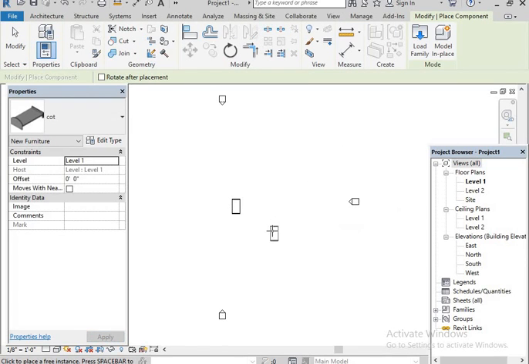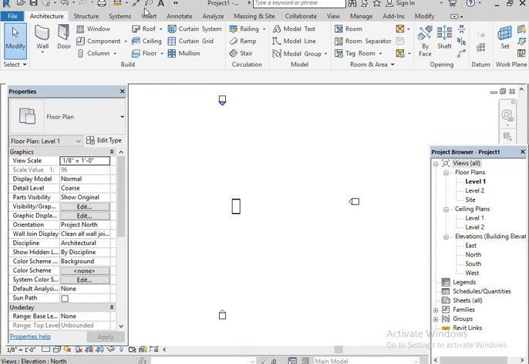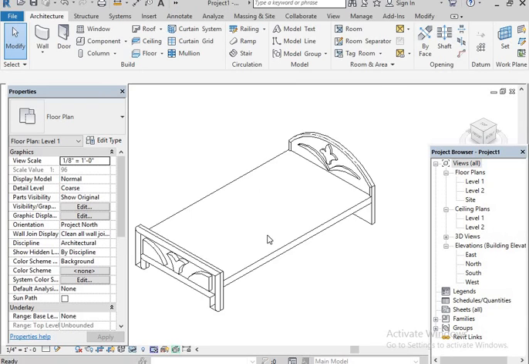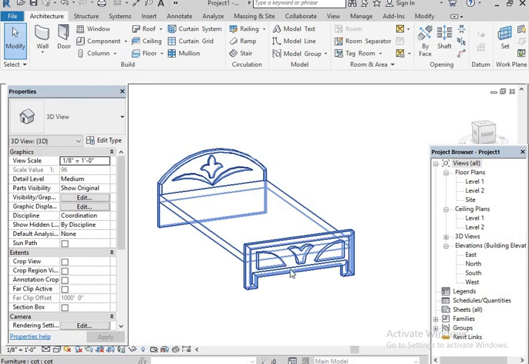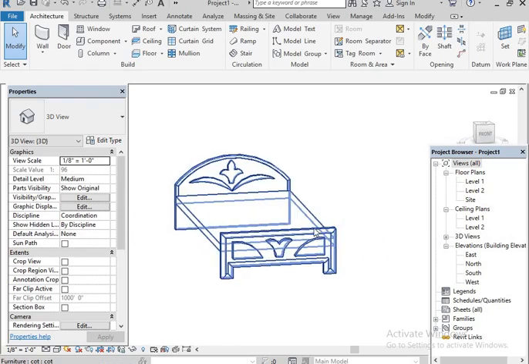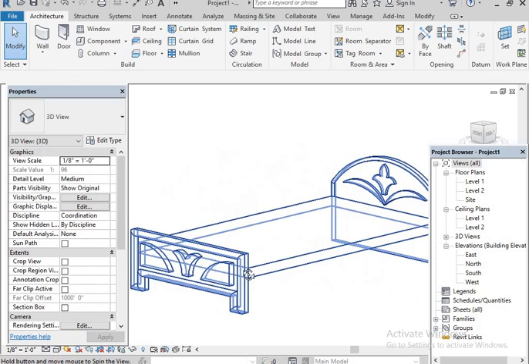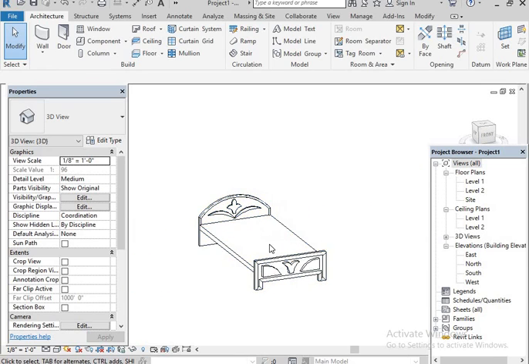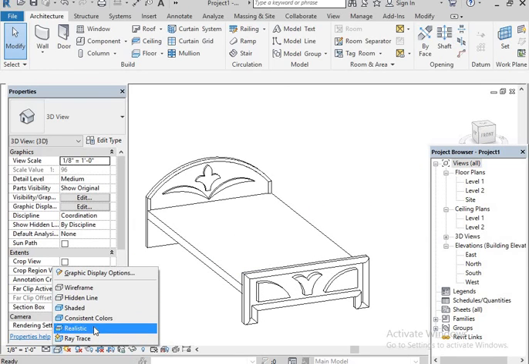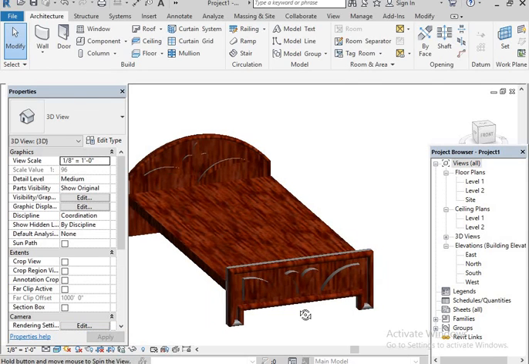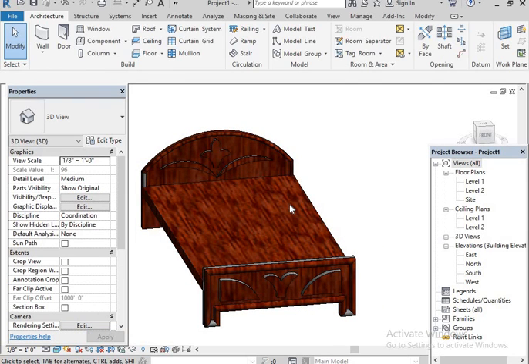See, here I'm going to place it, then press Escape, go to the 3D view. See here. I think you got the information on how to create the cot. Show in realistic view once. So that's it. This is the procedure to make the cot in Revit families and Revit Architecture.